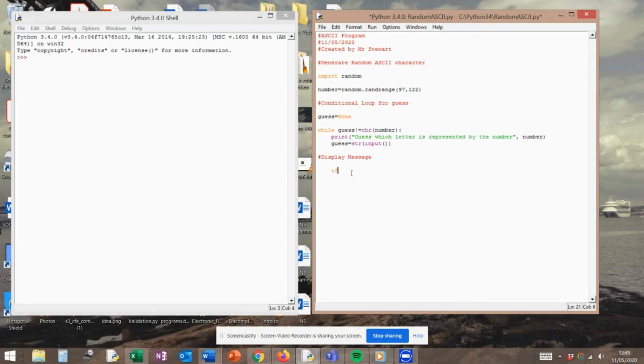Then what we're going to do is display our output. If we don't get it right, we're going to say, sorry, the ASCII value for this is whatever it would be, and then for you to guess again. So we're going to say if the guess does not equal our number, just the same as what we had above, but this is just an if statement this time, we're going to print out the message,